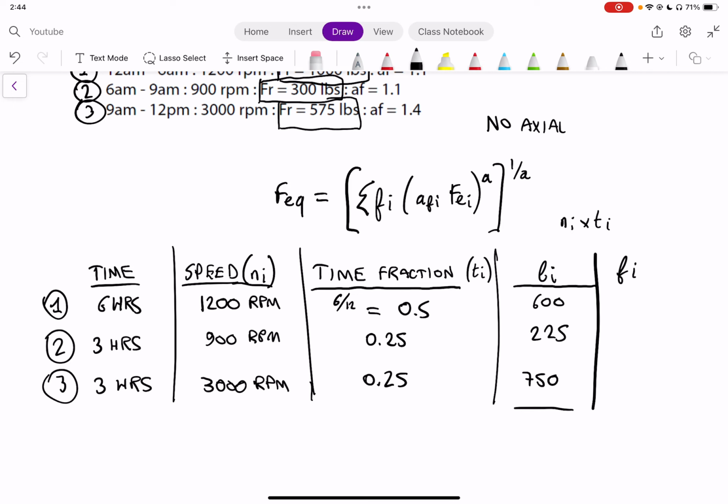So it's the percentage of revolutions that you spend in each period. The way you can do this is you can sum all the L sub i, so it'd be 600 plus 225 plus 750,